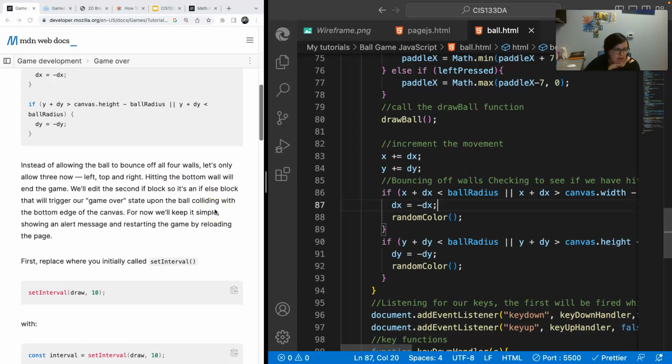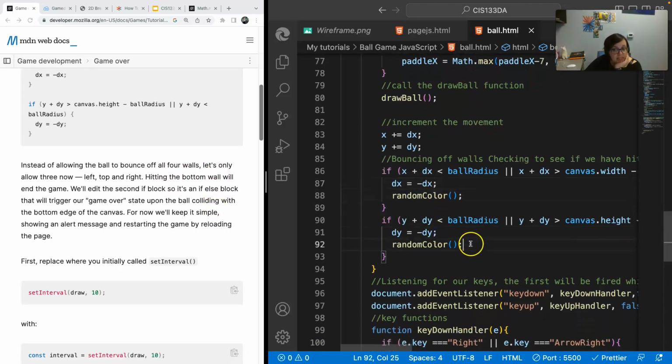We'll edit the second if block. So it's an if else that will trigger our game over state upon the ball colliding with the bottom edge of the canvas. For now, we'll keep it simple, showing an alert message and restarting the game by reloading the page. First, replace where you initially called the set interval with